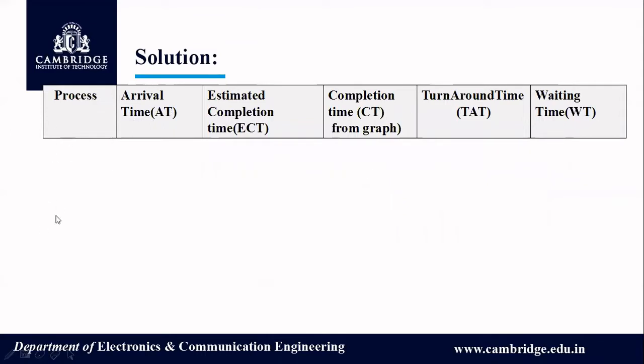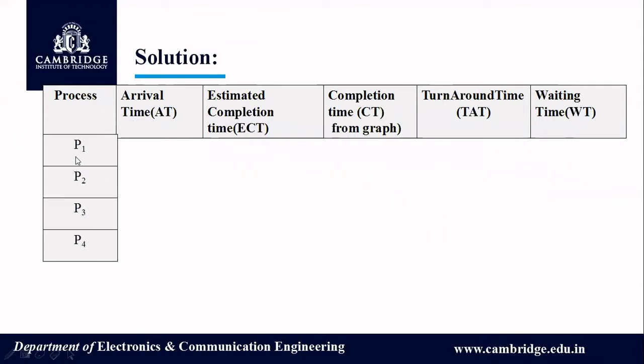In the first column, we will list out the processes. There are 4 processes. Out of these 4 processes, P4 is arriving at 2 milliseconds. P1, P2, P3 are arriving at the same time, which is written in the second column. Arrival time is the instant at which the processes enter the ready queue. According to the problem, P4 enters at 2 milliseconds and all the other three, P1, P2, P3, enter at the same time, that is 0 milliseconds. All values in the table are in milliseconds.